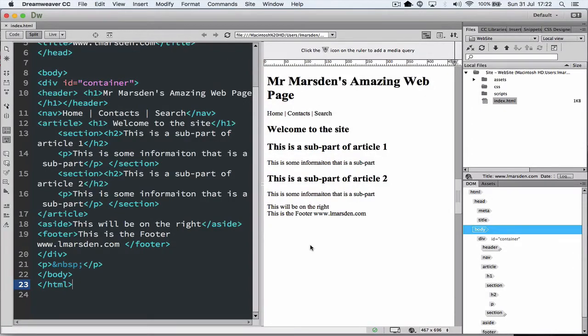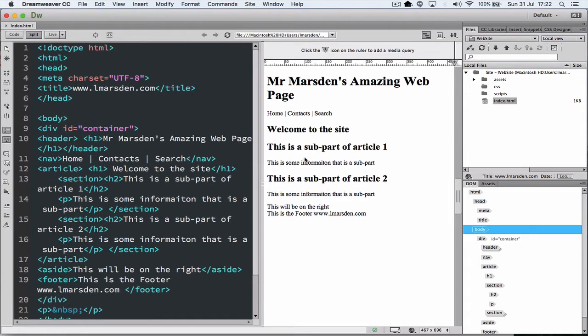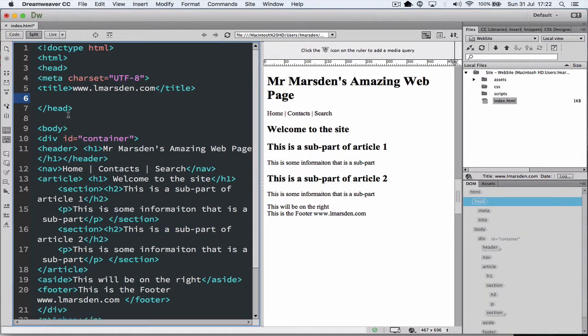From our previous tutorial, we have all the HTML5 containers laid out on our page with some information. So what we need to do now is create a CSS to stylize these containers. What we're going to use is an external CSS sheet. So we need to make an area between the closed title and the closed head, and we need to create